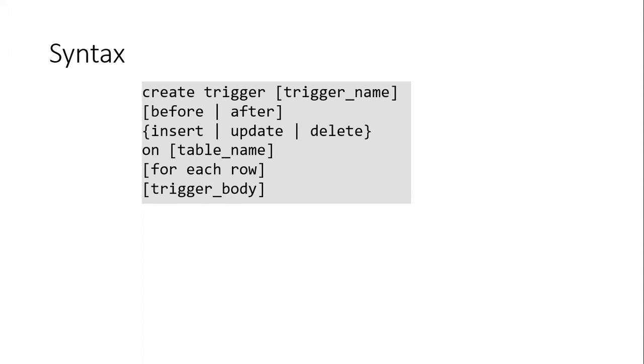If we want to call a trigger for each row, then we will write for each row. Let's say if I perform an update in a table, and every row gets affected, then the trigger will be called for each affected row. And then after that I will write the trigger body.